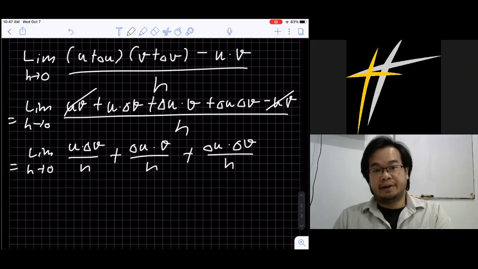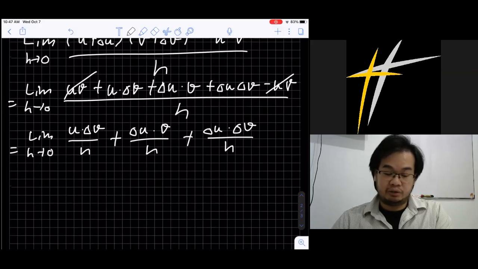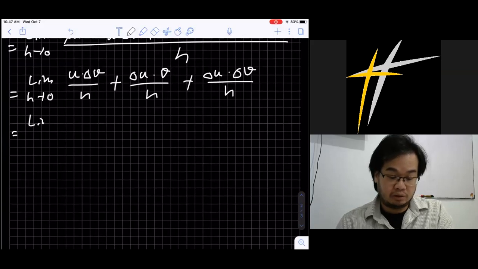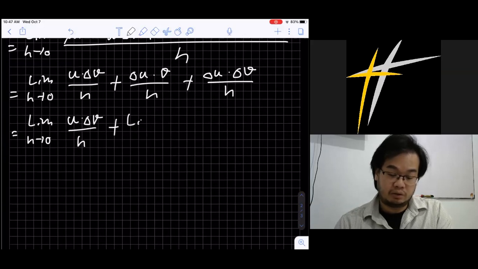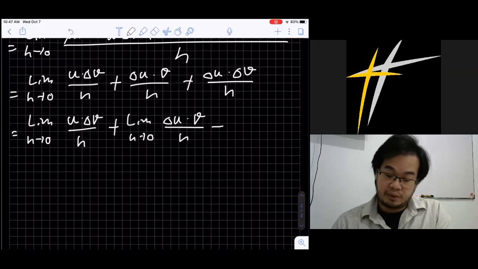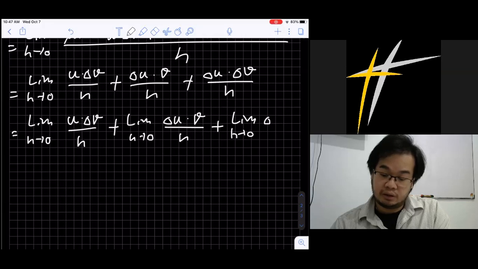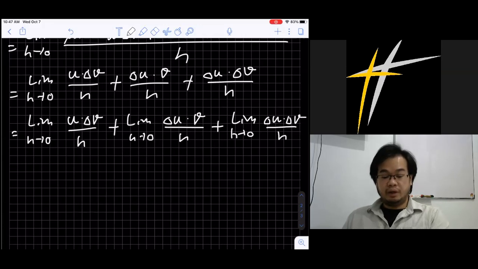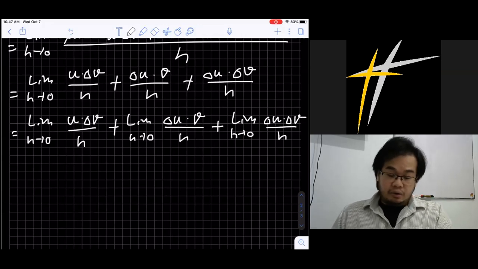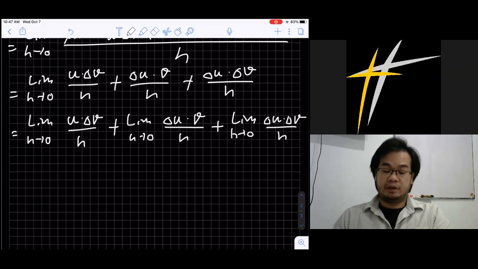And using limit properties from chapter 2, this can be separated into the limit of h approaching 0 of u times delta phi over h plus the limit of h approaching 0 of delta u times phi over h plus the limit as h approaching 0 of delta u times delta phi over h. Okay. Now the h is approaching 0. Now let's get back to